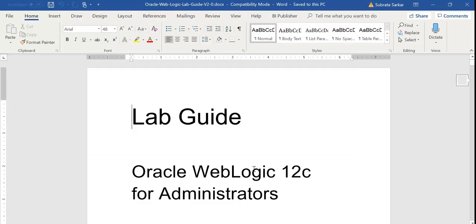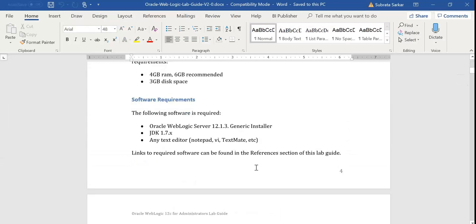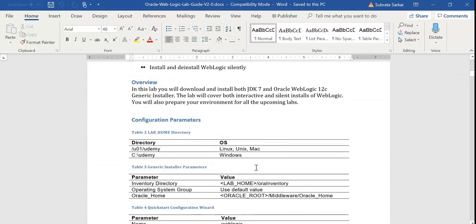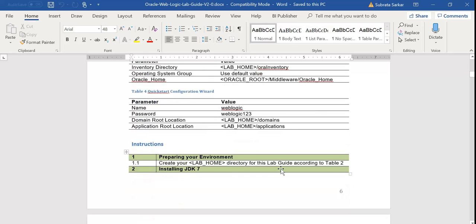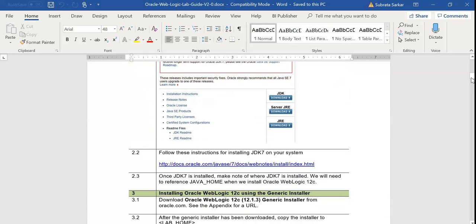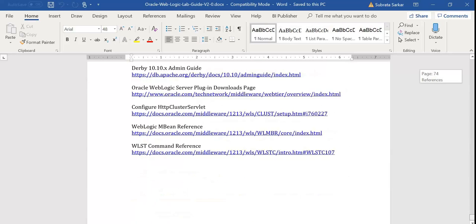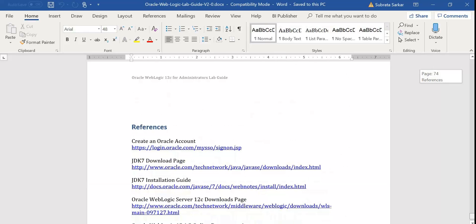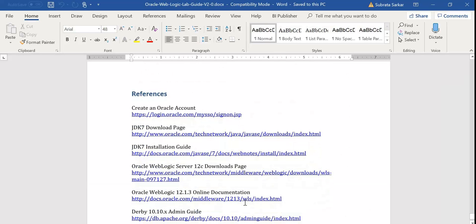The version that we are going to use is WebLogic 12.1, I think. Just one second. WebLogic 12c download. So if we click on this link,